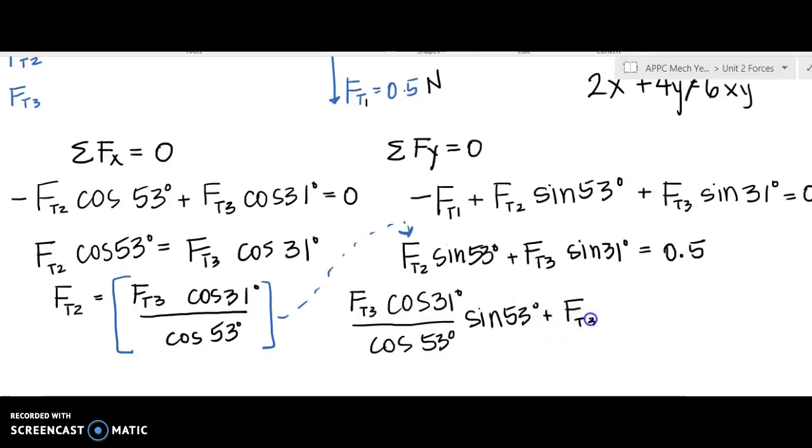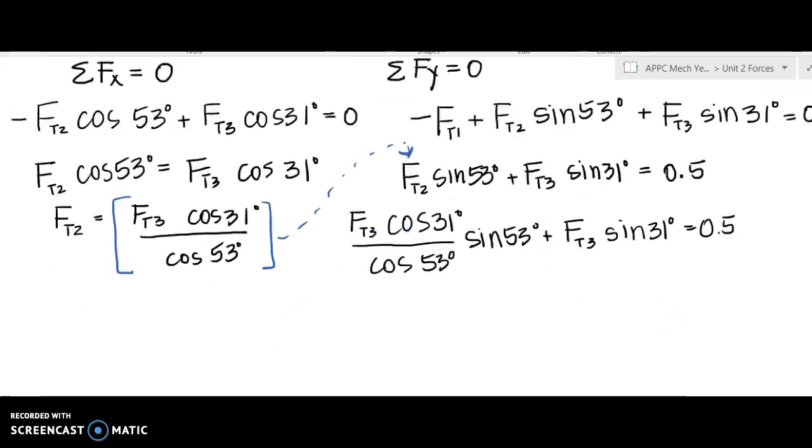And sine of 53 times 1 over cosine of 53 is tangent of 53. You can reduce that if you want to. So then FT3, oh, I could pull that out of both sides, right? And have cosine of 31 degrees times the tan of 53 degrees plus the sine of 31 degrees is equal